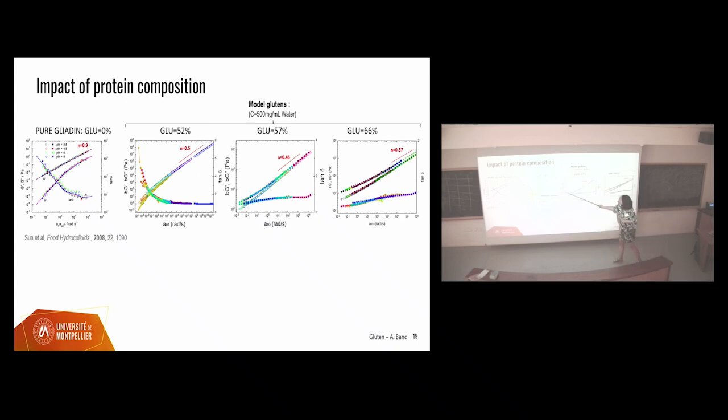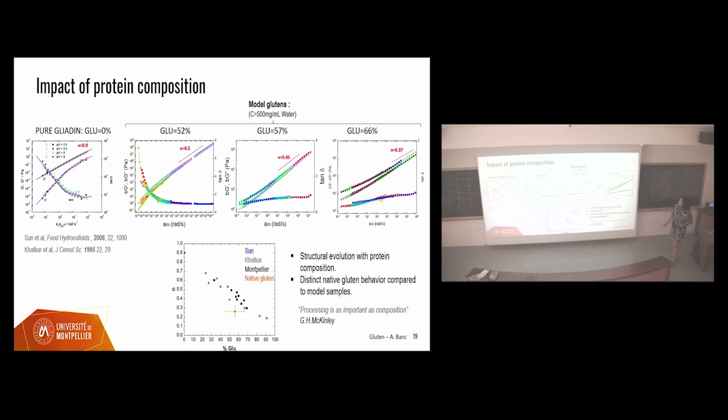And we could define three kinds of master curve for different compositions. You can see that in all these curves, we evidence this power law regime at high frequency, but it is characterized by different exponents: 0.5, 0.45, 0.37. We have a decrease of this power law regime. If we plot this power law exponent as a function of glutenin for our model samples, including data from the literature here in blue and in gray, we could define a decrease of this power law exponent. And if we compare this data with the native gluten,